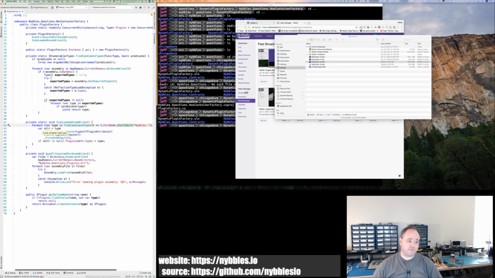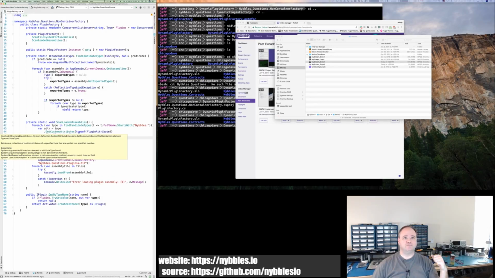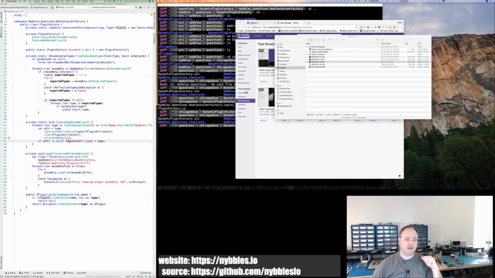And then for each type, we get the custom attributes of our plugin attribute, the type of our plugin attribute. We cast it, and then we get the first, or we return back a null, because this can theoretically return more than one. So the interface here is always an enumerable. We want to turn that into just one instance. So if we got one, then we put that type, keyed by that type string that came off the attribute, into our dictionary. And we just loop until we do all that for all the types that match